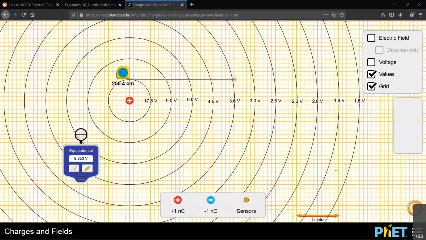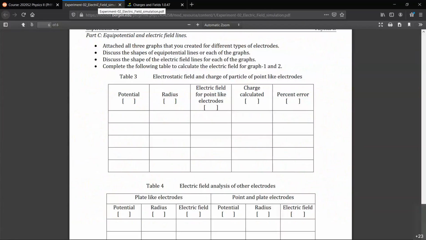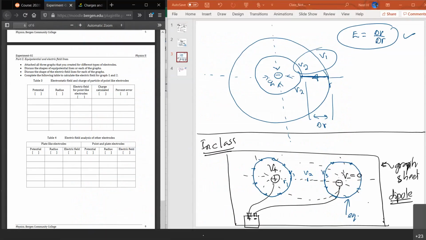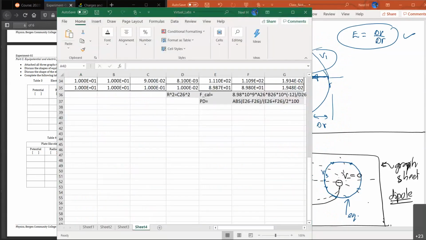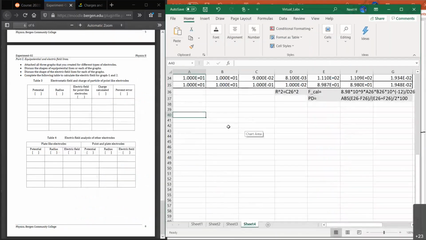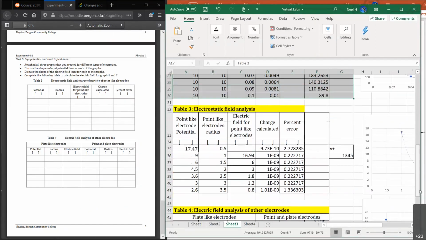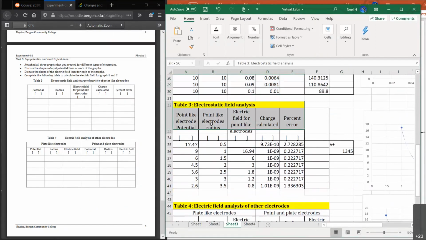Okay, now let's take a look at what the lab manual is asking. Let's build this table also with your Excel sheet. So let's take the Excel sheet and then build this on the Excel sheet. Any questions so far? Okay, so we're building table number 3. You have to rename all the columns and everything. I'm going to bring that table from my previous table right here. I already built that and have it here.